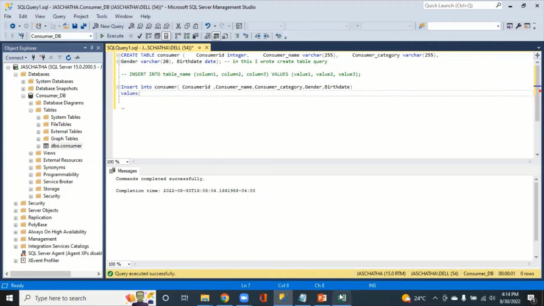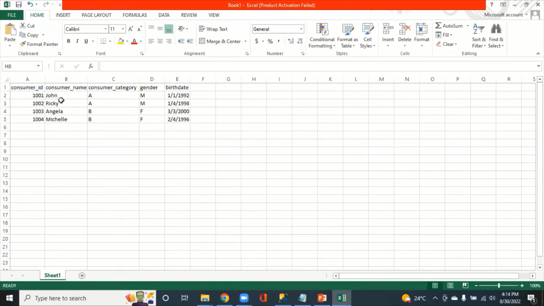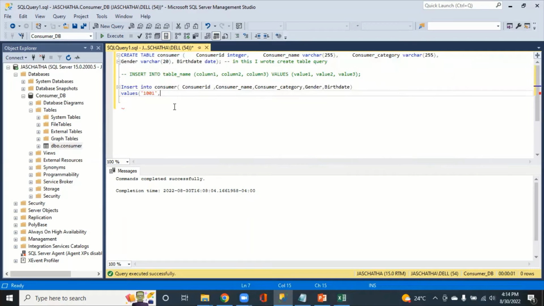Okay, so what is my first value for consumer ID? It's 1001. To enter char values, we use single quotes, comma, value 2. Value 2 for consumer name is John. So value 2 is for column 2, which is consumer name. So for each varchar I will use, see here, we took this as varchars, right? So that's why I'm using quotes. John, consumer category we have it as A, gender is male,